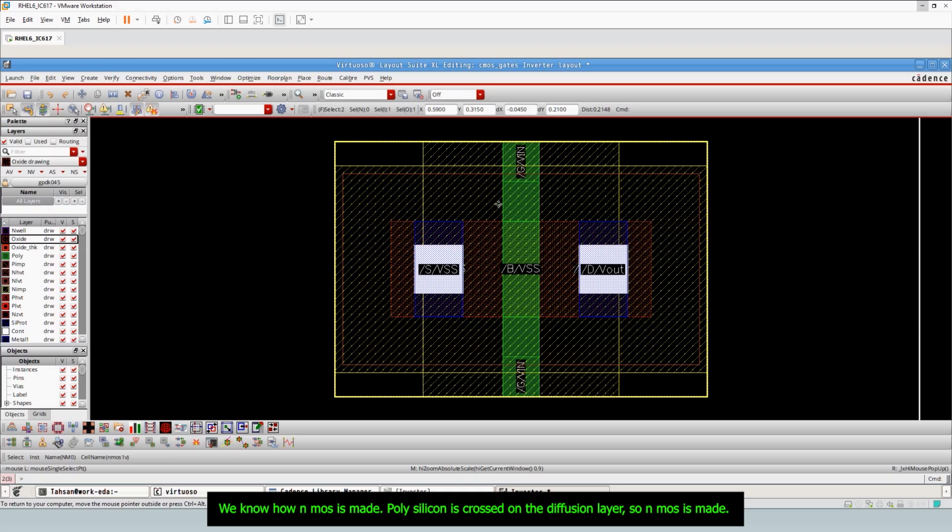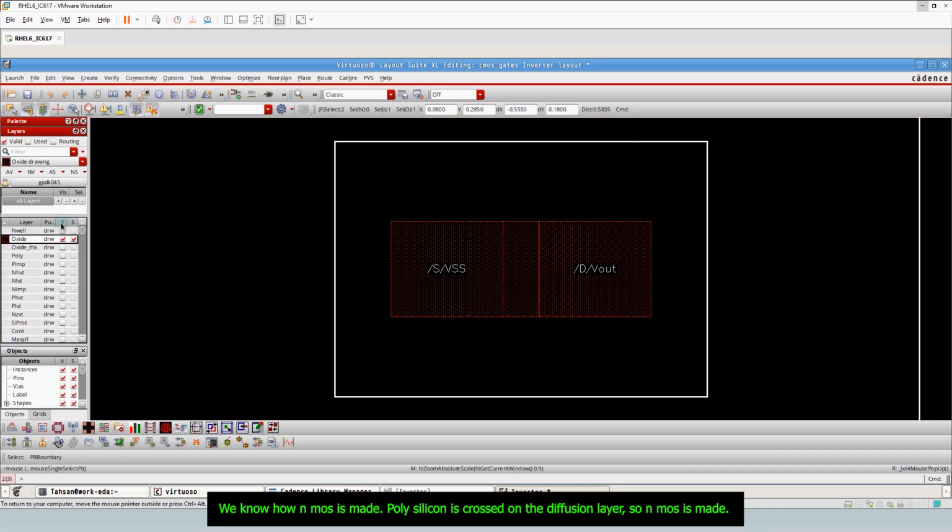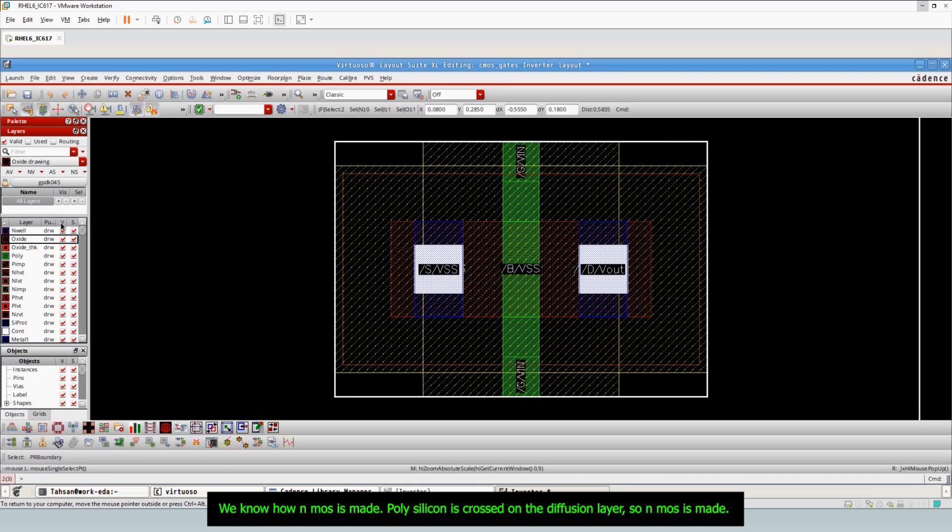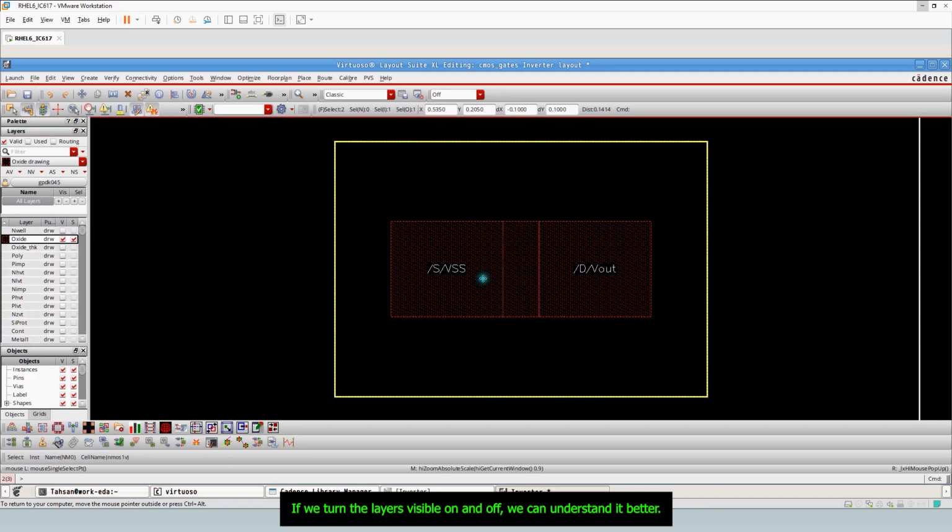Polysilicon is crossed on the diffusion layer, so NMOS is made. If we turn the layers visible on and off, we can understand it better.